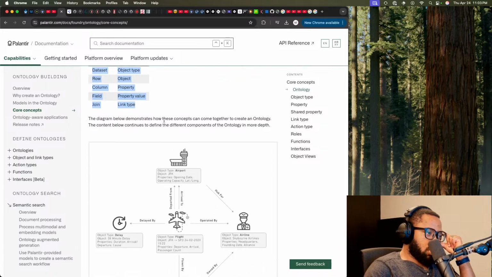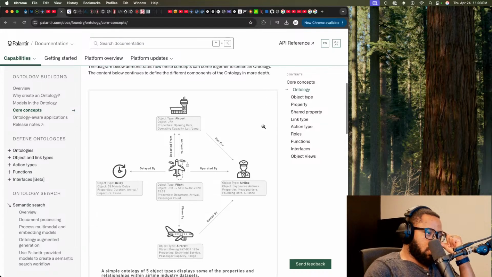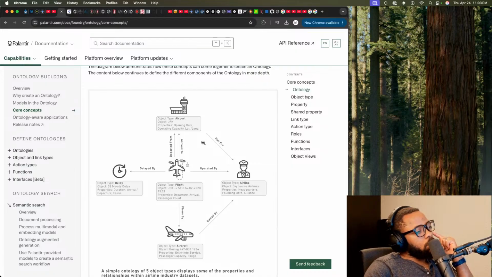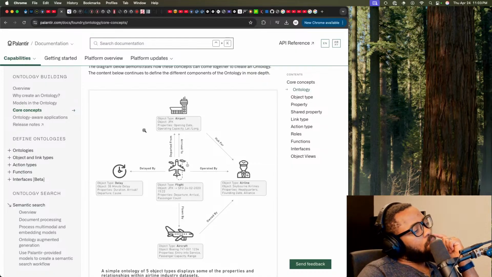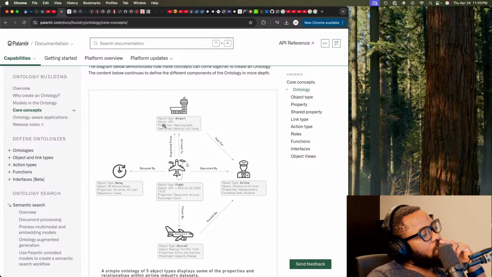The diagram below demonstrates how these concepts can come together to create an ontology. The content below continues to define the different components of the ontology in more depth. So the object type here is an airport object, JFK. Properties: opening dates, operating capacity, lat long. Alright, yeah, okay, properties are columns.